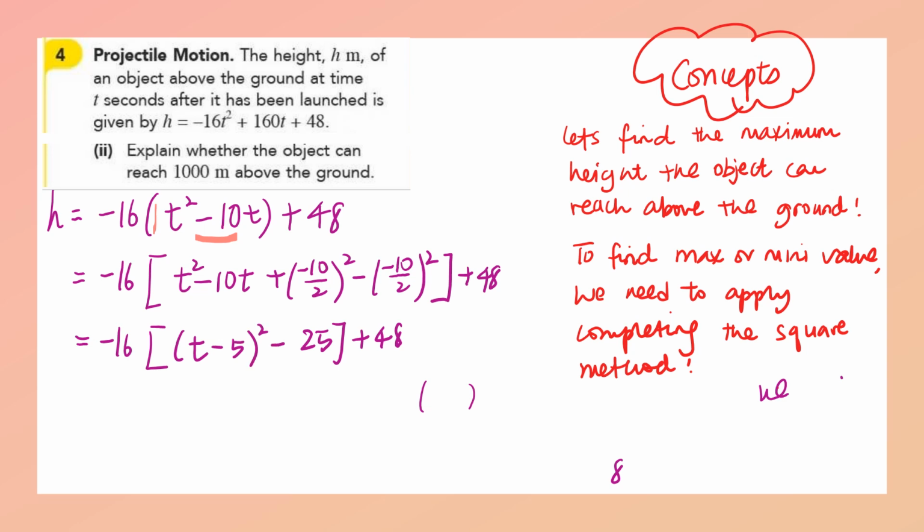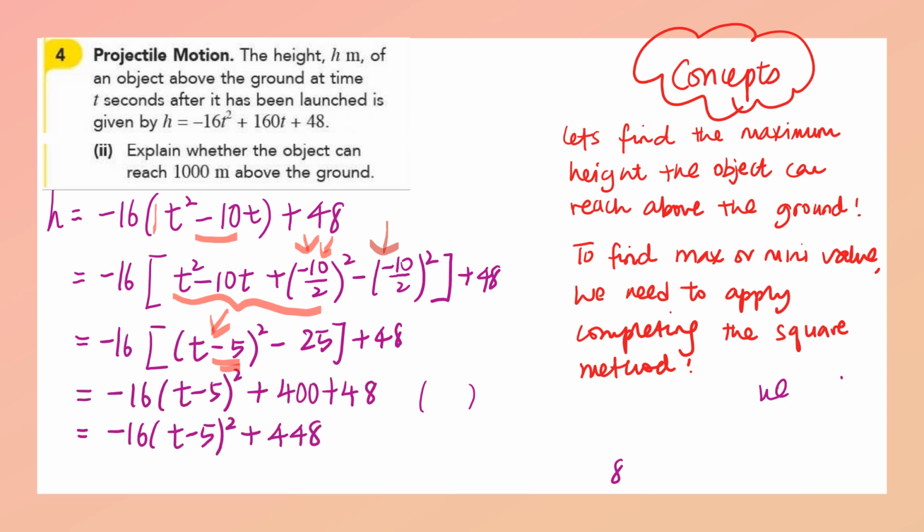this 3 terms here will collapse into this. And how do I get -5? -5 is just basically -10 divided by 2. So it is important, if the coefficient of t is negative, to put a negative there, because whatever is inside the bracket here will be this. Then you can simplify this term, which will give you 100 divided by 425. Then you multiply your -16 into your h square bracket, and then you will end up getting